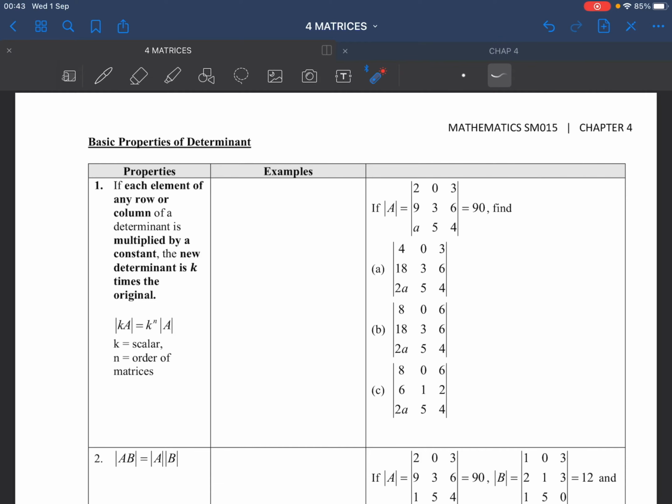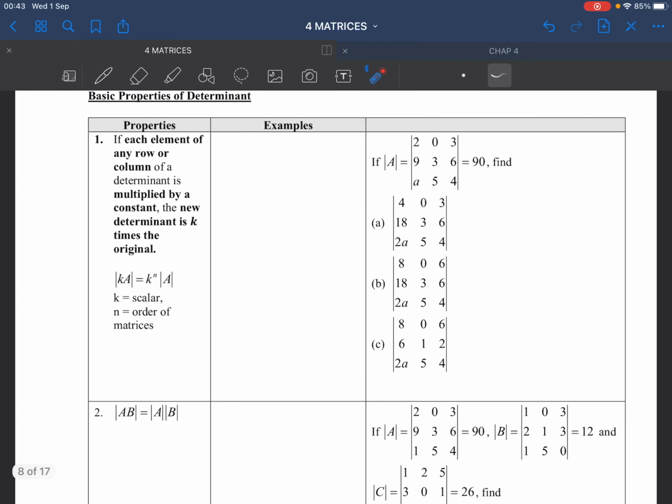Okay, so kat situ kamu kena gunakan basic properties. Wajib kena guna basic properties. Kalau tak guna properties, maksudnya jawapan dia salah lah. Kalau kamu kira lain, jawapan dia akan jadi salah. So basically basic properties ni kita bukan guna formula. Kita just use all these 6 basic properties to find the determinant. Now we are going to see the first property, which is